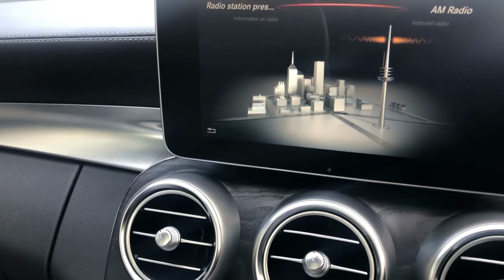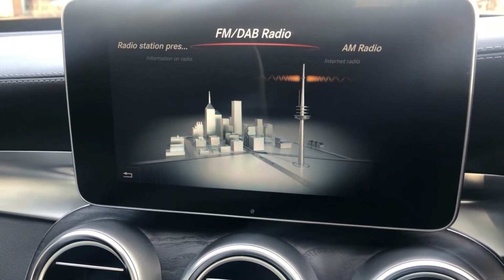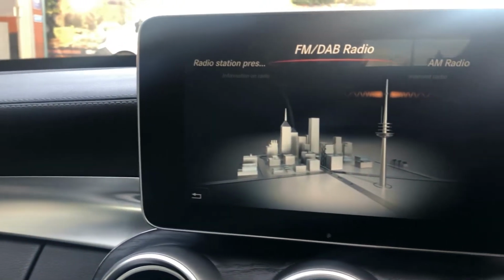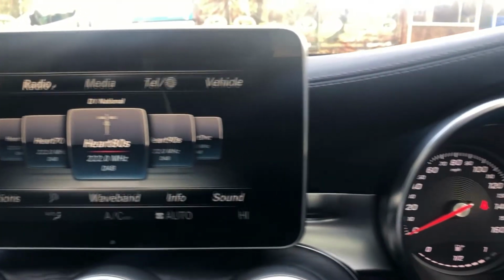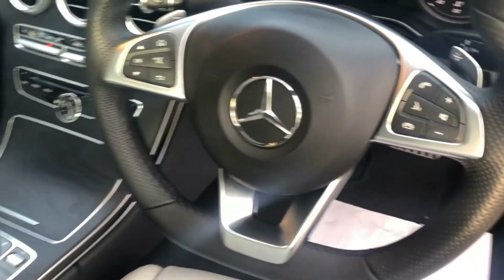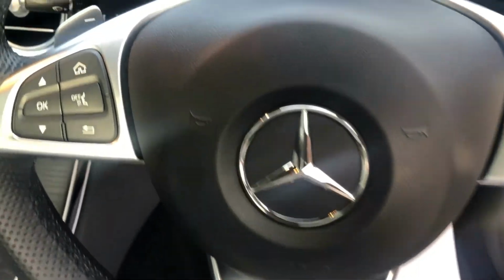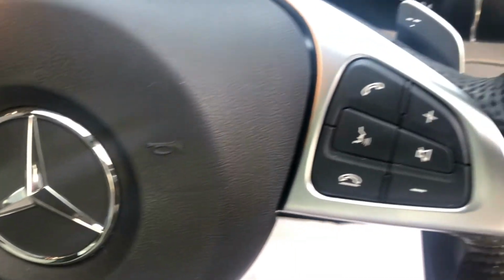Upgraded stereo system. Sounds just great. Center armrest, USB aux input. And of course the rear camera, making parking that little bit easier for you. Just look at that 7,771. Flat bottom multifunction sport steering wheel, Bluetooth onboard computer, cruise control, just under there is cruise control,